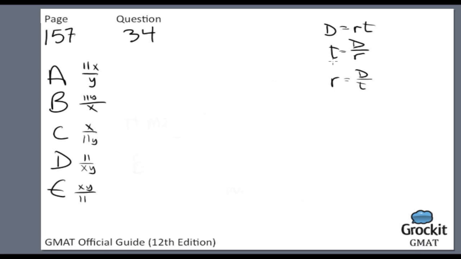So in this case, we are given in the question Juan's rate. So his rate initially then is Y yards. Again, this is rate is distance over time, over a period of 11 seconds. I have to spell the word seconds correctly. This is the GMAT. So, although obviously in real life I would probably just abbreviate it. And then we need to know how many seconds it will take him to run X yards at the same rate. So that's his new distance. So his distance of X yards,